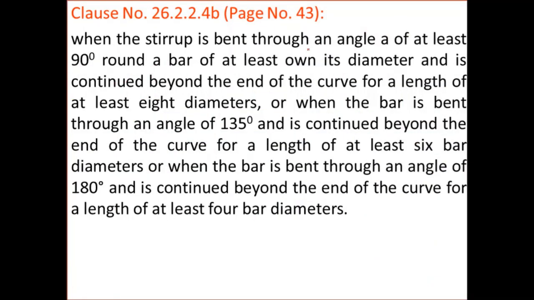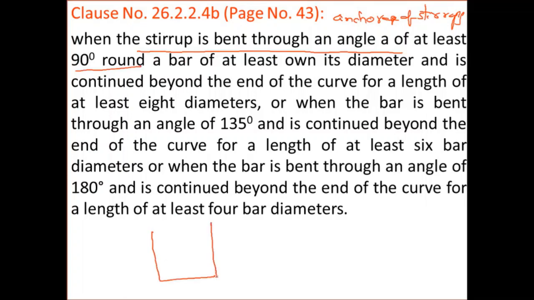Then the next one is related to the anchorage of stirrups. See this: when the stirrup is bent through an angle of at least 90 degrees round a bar, that means this is the stirrup. At the end, we have to close the stirrup, and while closing, we provide a round up like this. What is the angle of the round up? 90 degrees round a bar, at least